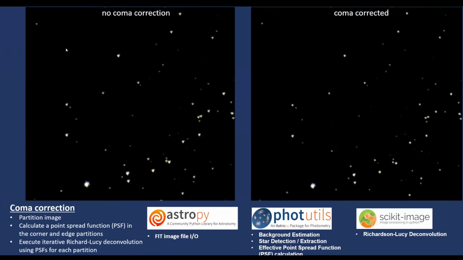This is without coma correction. And you can see the bad coma, all these stars turned into triangles. And in the coma corrected, it's much better. The code basically partitions the image, calculates point spread